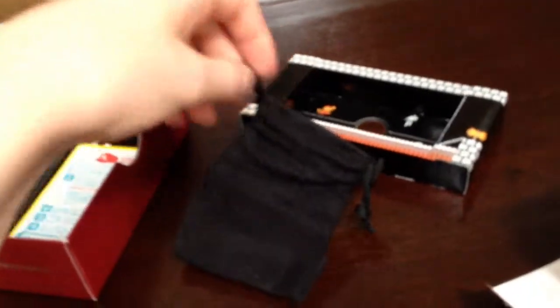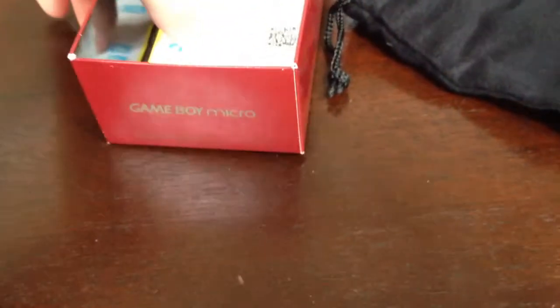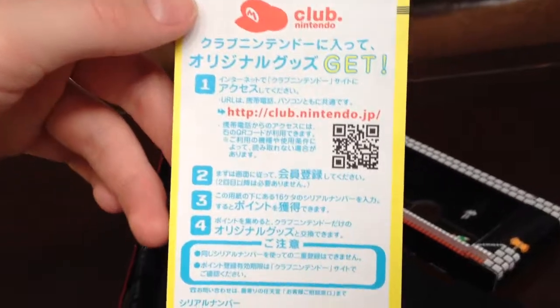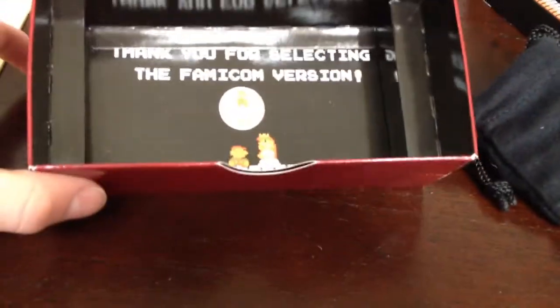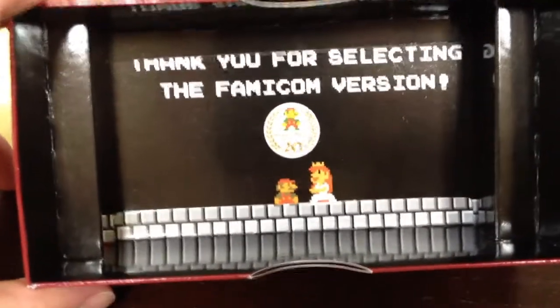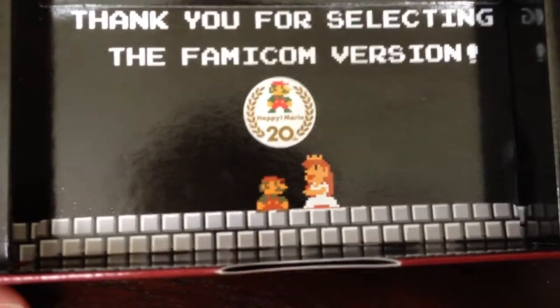And here is a small bag that you can just, hard to do with one hand, but you can just close it, you know, just holding your Game Boy in case you don't have another case. Here's an ad for Club Nintendo, saying the website in Japanese. I'm sorry, I can't understand it. But then this is really cool in the back, showing Mario and Peach reunited. And then, I guess this moved a little bit. Thank you for selecting the Famicom version. Happy Mario 20th. Yeah, and back to here,